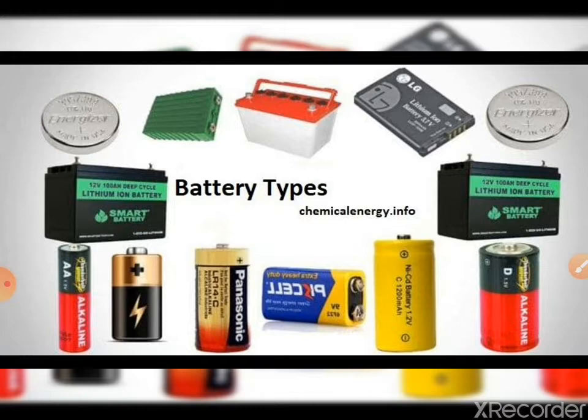and car battery, UPS batteries, and batteries used in mobile phones. They are called lithium ion batteries, and the batteries used in UPS and car vehicles are called lead acid based batteries. So these are simply potential difference providers, so EMF providers to the electrical circuits. They maintain the potential difference among the various electrical circuits. So in this video we are going to see how they produce the electrical current and their resistance and their functions. So let's go on.